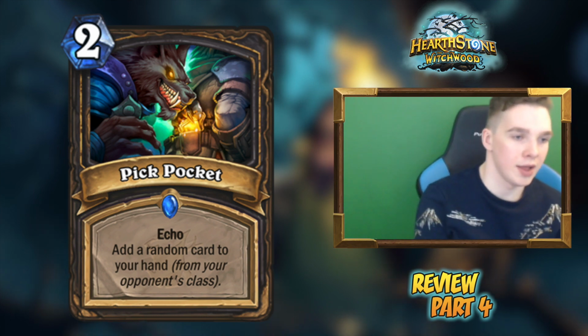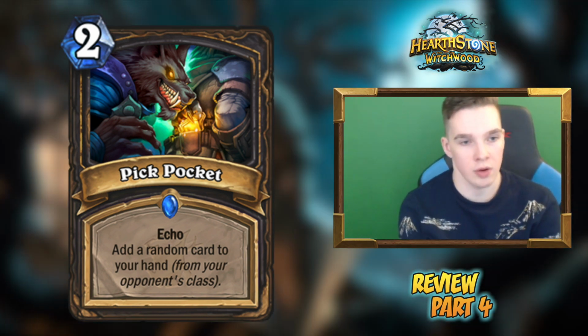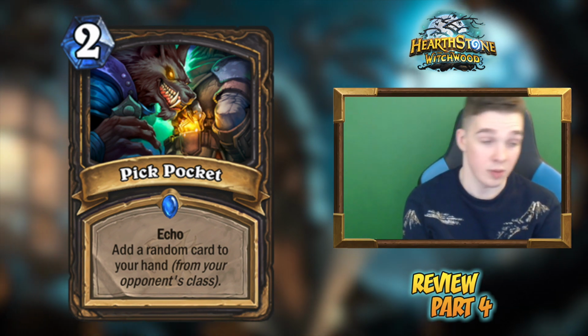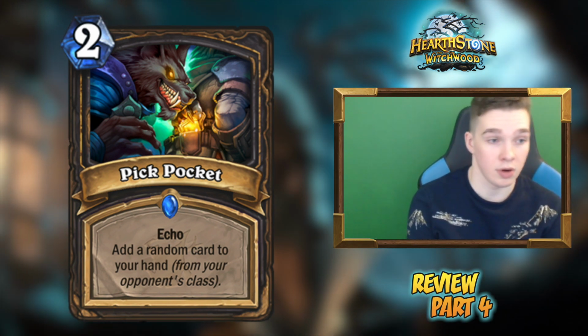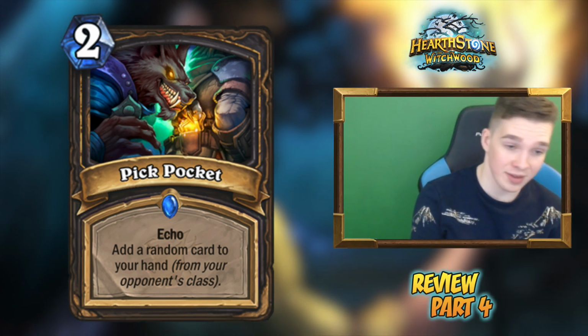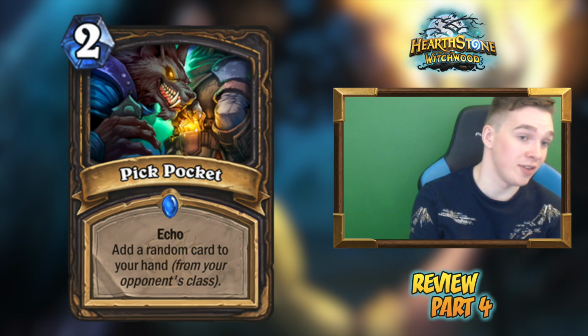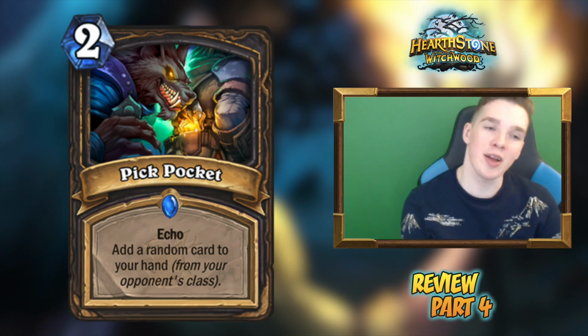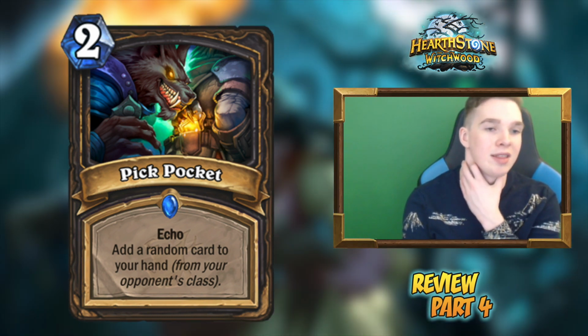Next up, Pickpocket. Just talking about this one. It's a 2 mana rare Rogue spell. Echo, add a random card to your hand from your opponent's class. See Mist Wraith on turn 4, double Pickpocket on turn 5. Well, your Mist Wraith is a 5/5 and you have 2 random cards. Pretty good. Pickpocket would be really good at the 1 mana slot, obviously, but it's super balanced to the 2